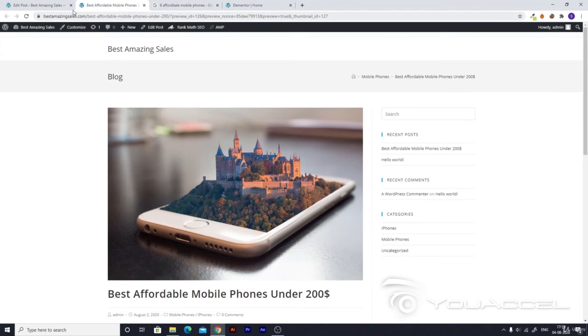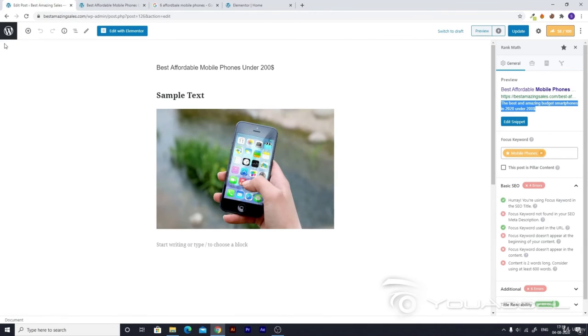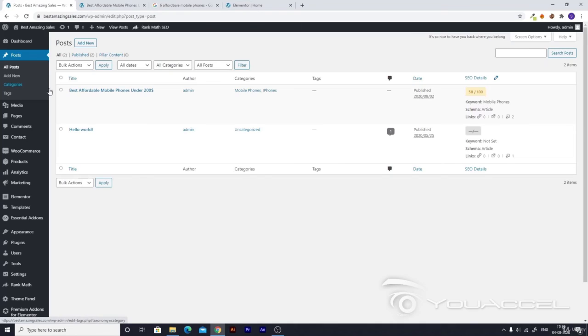post. So I don't want it right now, so it's a good thing, it's a good practice to just go ahead and delete things which you don't need, as it helps in organizing things. You can see in posts, all posts, the hello world post which is by default. Now you should just click on it and trash it,